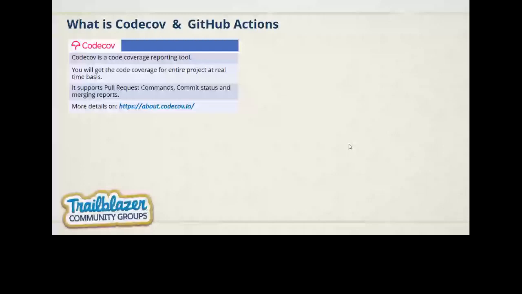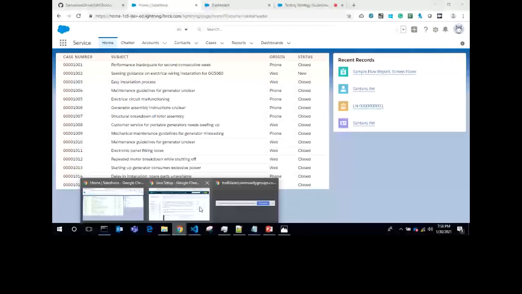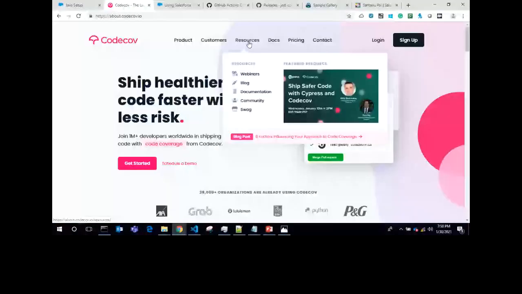It also supports almost all GitHub features, like pull request comments, commit status, and merging reports. If you want to know more about Codecov, I would recommend you go to this link and click on resources, and you will get all the documentation related to Codecov. Please explore Codecov.